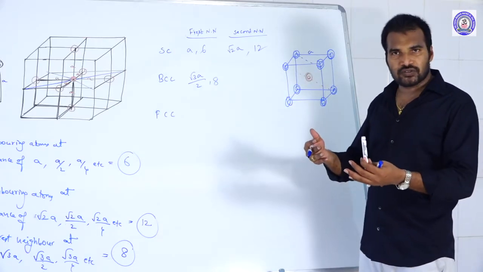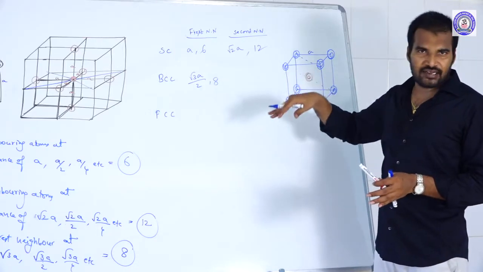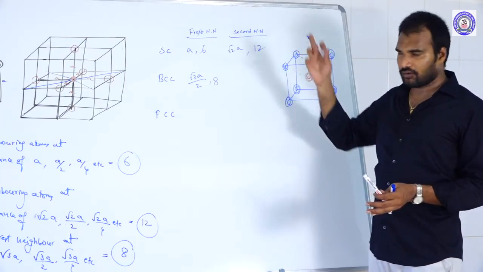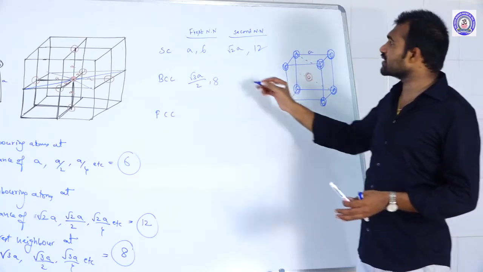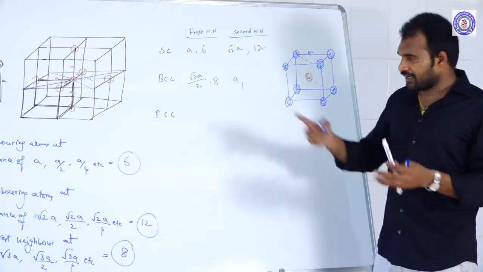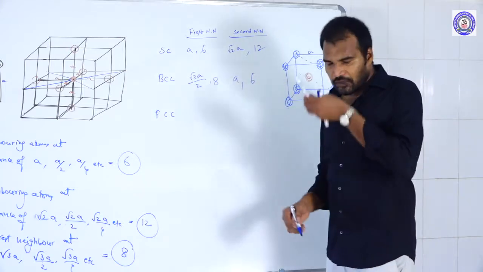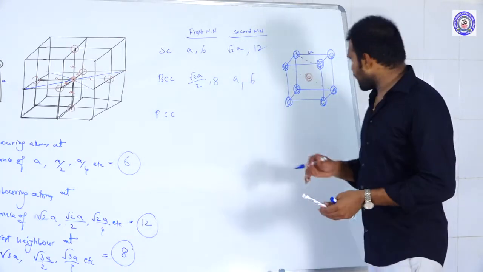Next possibility is edge length and face diagonal. But face diagonal is root 2a. Root 2a value is 1.414. So the second nearest neighboring distance is a only. At a distance of a, how many atoms are there? 6 atoms are there. Next, FCC if you take. In case of